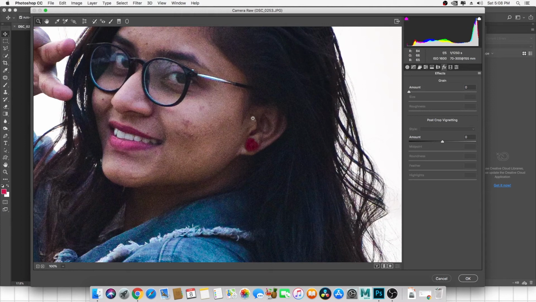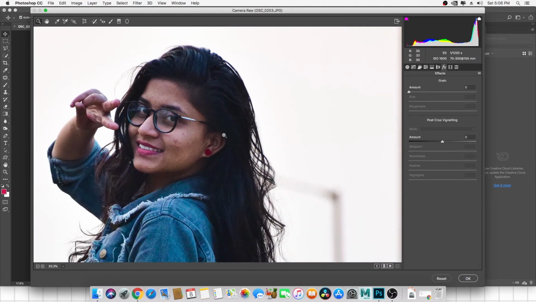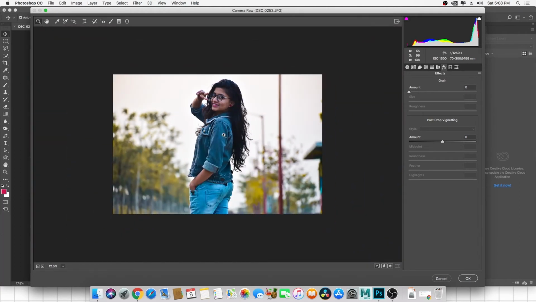If you have a very clear picture, you can add grain to make it look more realistic or more cinematic. Basically, every very big film, like Transformers and Johnny Walker, and a lot of films, use grain to create a kind of detail and a kind of Hollywood look. So you can also do that.